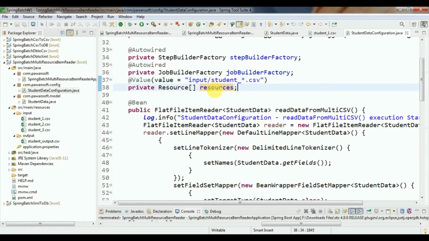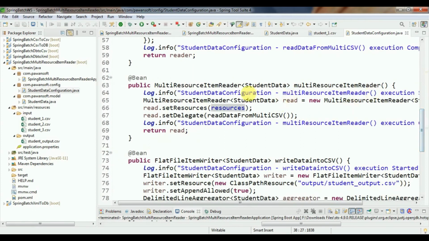So this Resource array type you have to use here. setResources and then setDelegate. Inside delegate you pass the read method.